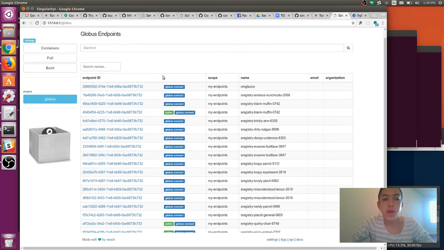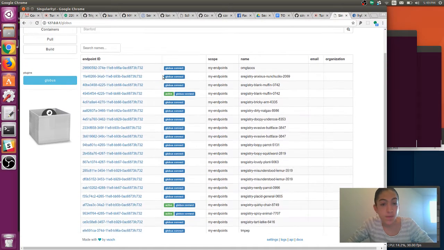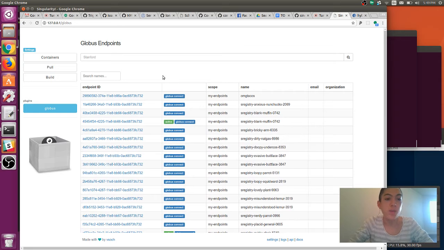And here's the main view that you first see. These are all of the endpoints that have scope. My endpoints, shared with me. And as you can see, I've been doing quite a bit of development work, so I have a ton. Now the average user is probably only going to see their endpoint, and then if anyone has shared with them,